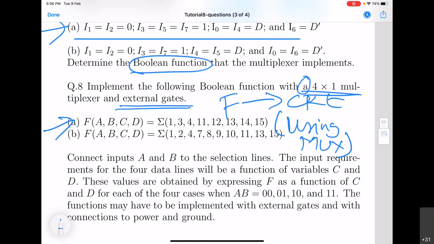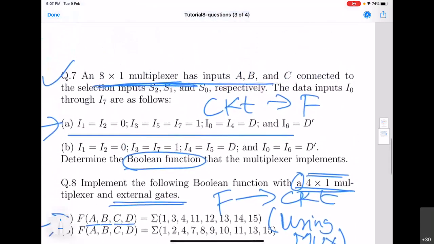So here we have, keep in mind, 4 inputs, A, B, C, D. When you take a 4:1 multiplexer, there will be only 2 selector pins. From the previous question, we saw that the selector pins are connected to inputs.